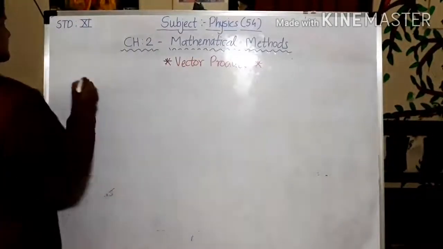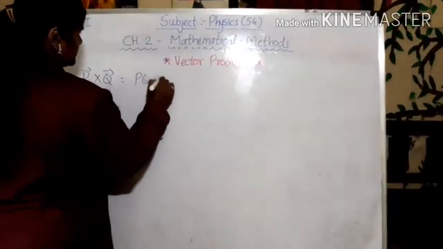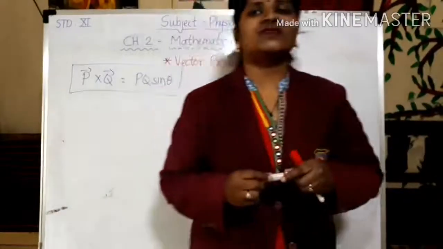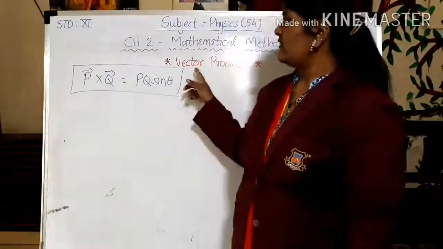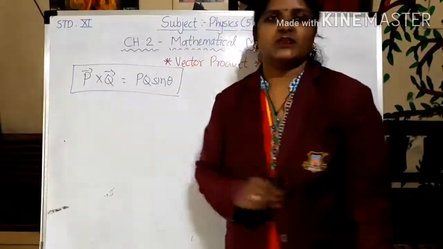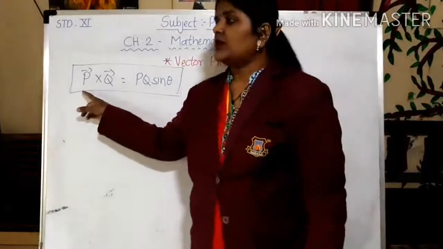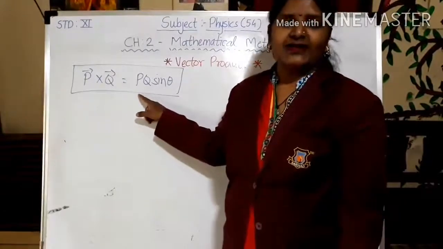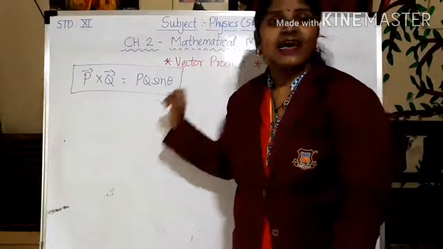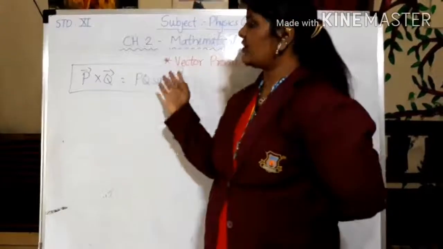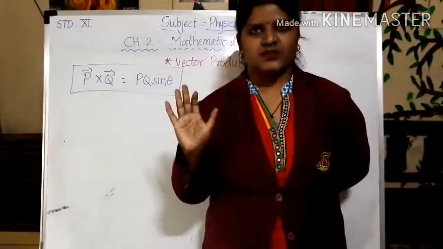The mathematical equation for this is this. As I told you yesterday, if we are talking about scalar product, we took a dot inside it, and while we are considering vector product, it is the cross product, right? So I have taken a cross in between them. Vector product of two non-zero vectors is equal to the product of the magnitudes of both the vectors and the sine of the angle between them. In scalar product it was the cosine of the angle, right? And in vector product it is the sine of the angle. Major difference.